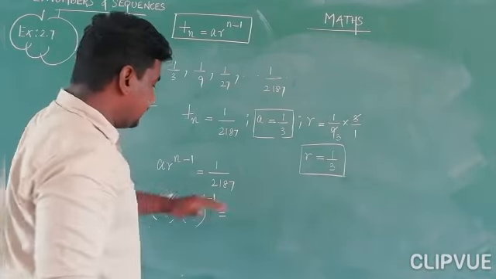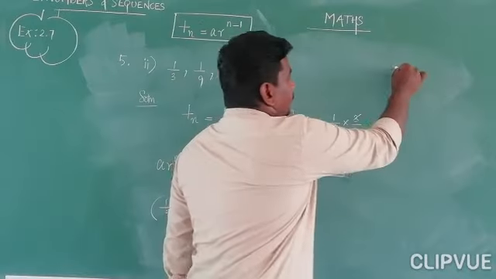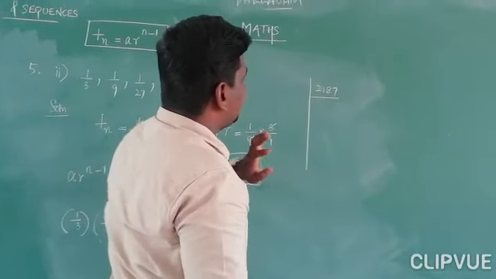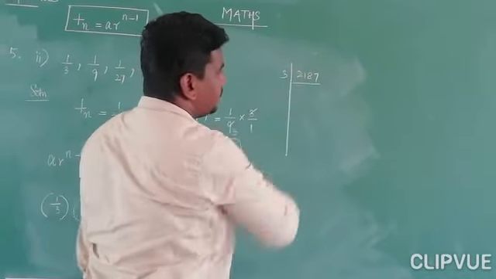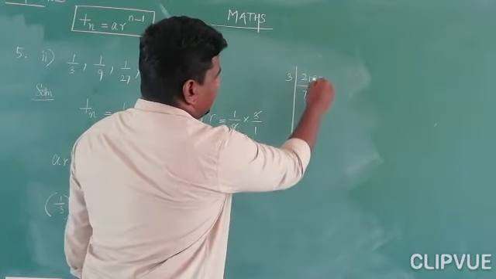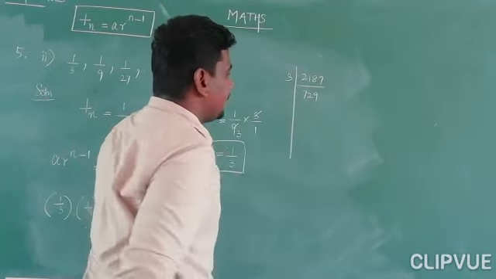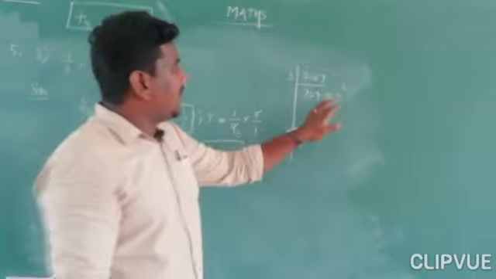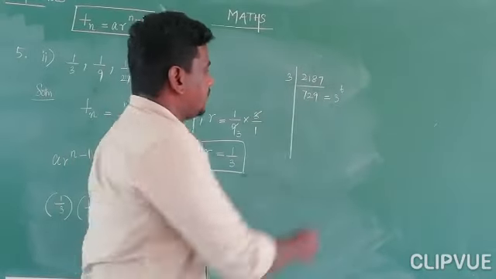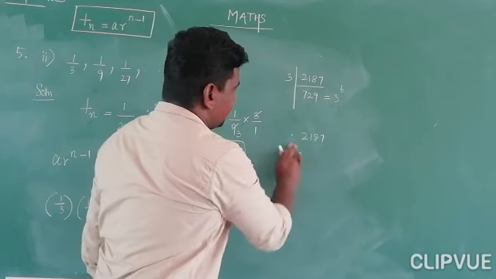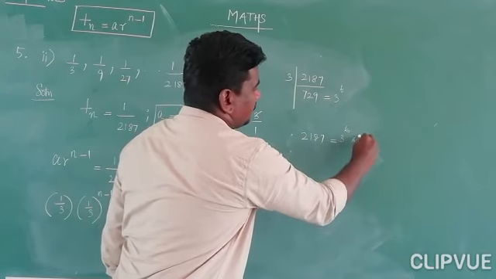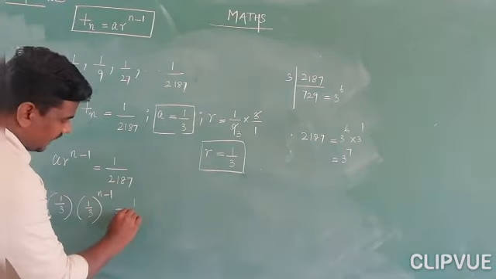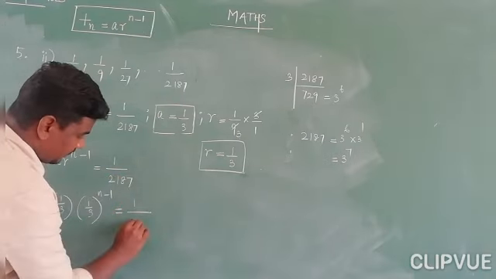Now I am going to find the prime factors of 2187. The last problem we did like this: 2187, the sum of the digits is a multiple of 3, so it must be divisible by 3. How many times? 7 times 3 is 21, remaining 2, 729. And you know that 729 is equal to 3 power 6. We did it already. Therefore this 2187 can be written as 3 power 6 into 3 power 1, which is equal to 3 power 7. So now 1 by 2187 can be written as 1 by 3 power 7.